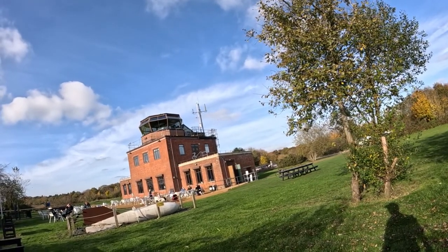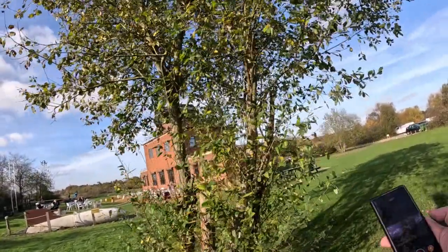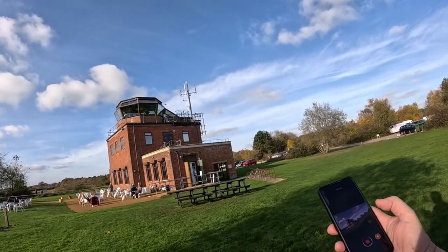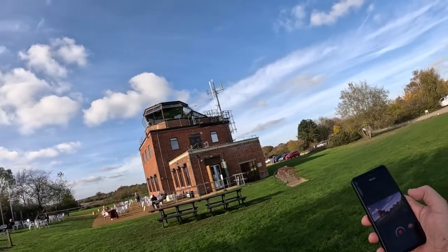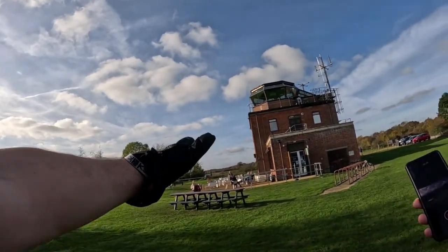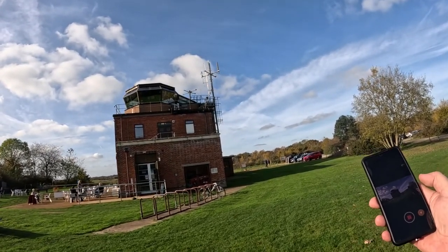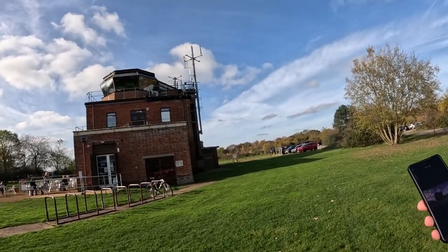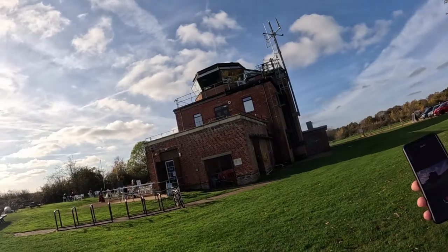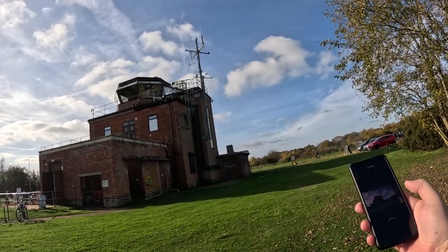There you go, viewers, a lovely shot of the tower from the side. Try to keep it in focus as we go past this tree. There we go, past the tree. Lovely shot there. We've got a helicopter coming over, so the drone pilot needs to be on his game with that one. There we go. So still keeping the tower in shot, just there. Bit different, I know. Just keeping the tower in shot. Sorry about my hand in the footage, but you know, trying to get the best view for this tower,